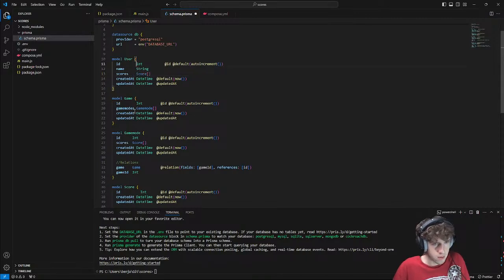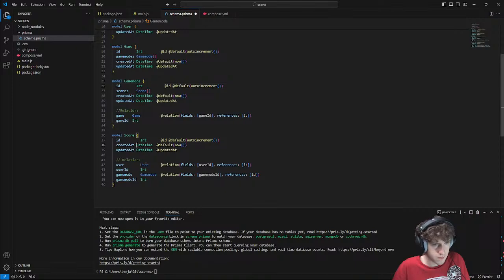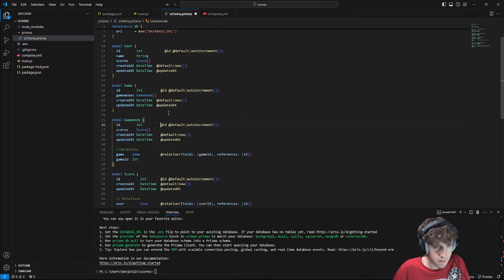I need to tab these to be the same level. Tab that up.